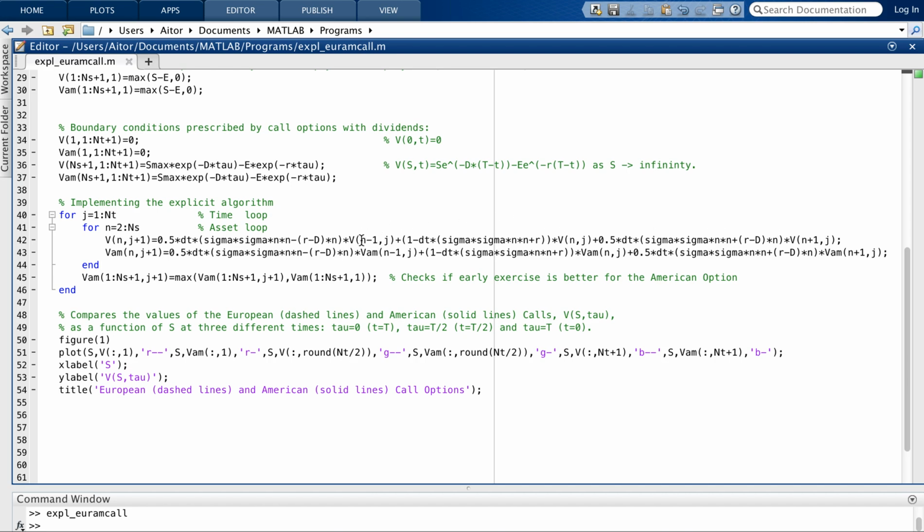So it's connecting different values of the option at the previous time step and asset indexes corresponding to n minus 1, n, and n plus 1. So this is the algorithm, and here it's important to take into account that we're including the effect of the dividend yield, both here and also here, because basically the only difference is that the effective interest rate, which affects the partial derivative of v with respect to s in the Black-Scholes equation, instead of being r, is r minus d whenever the continuous dividend yield is included, because all the rest is actually the